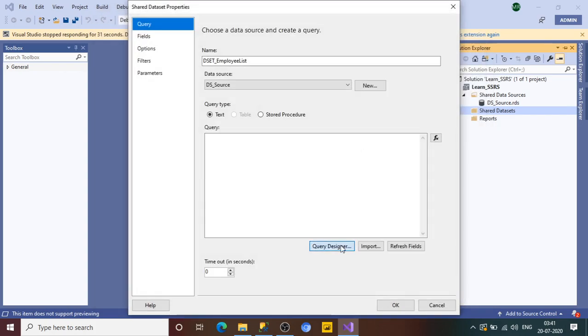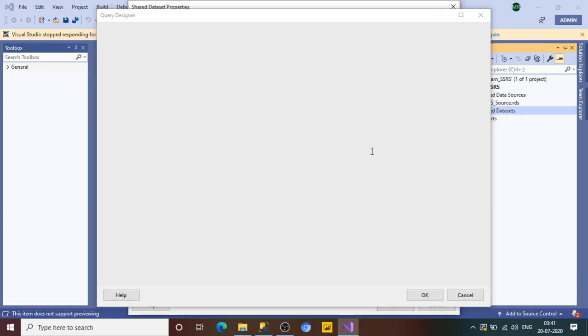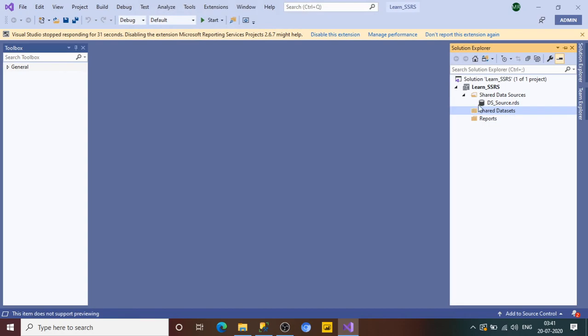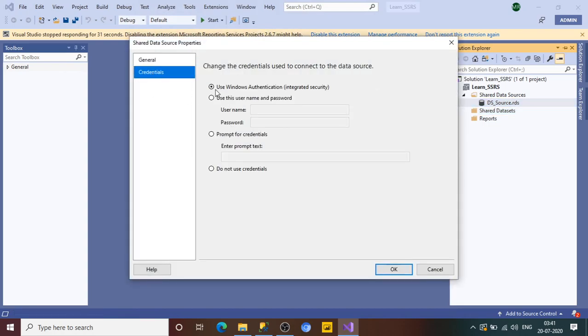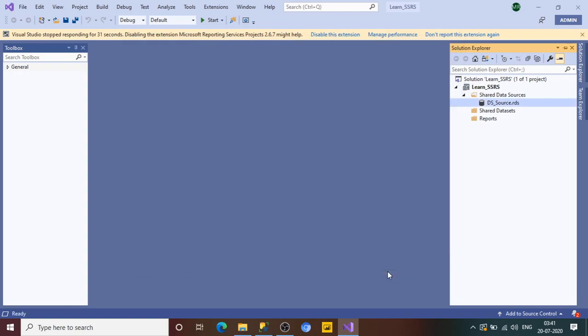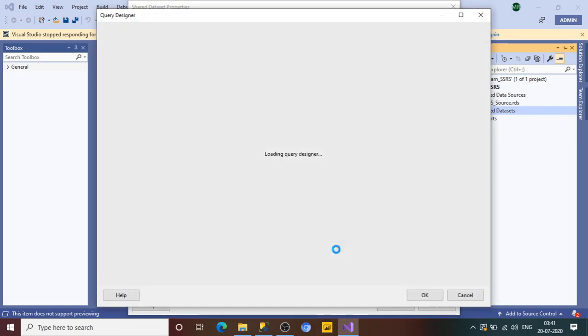Click on OK. Go to the details, you have integrated security. Let's check what the problem is. Now go here and try to open loading query designer.